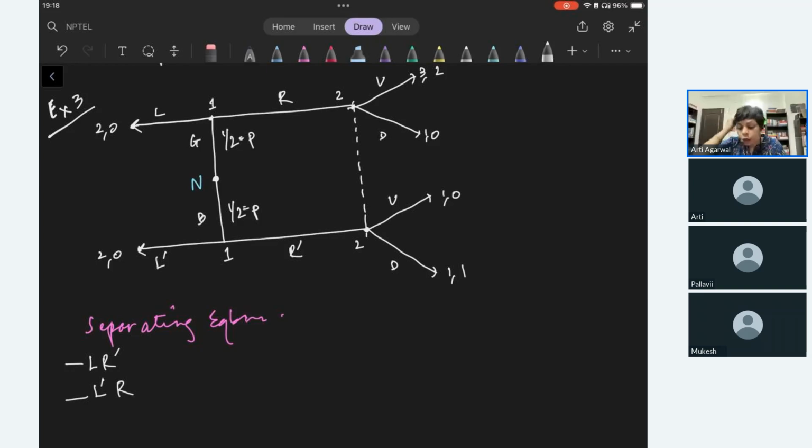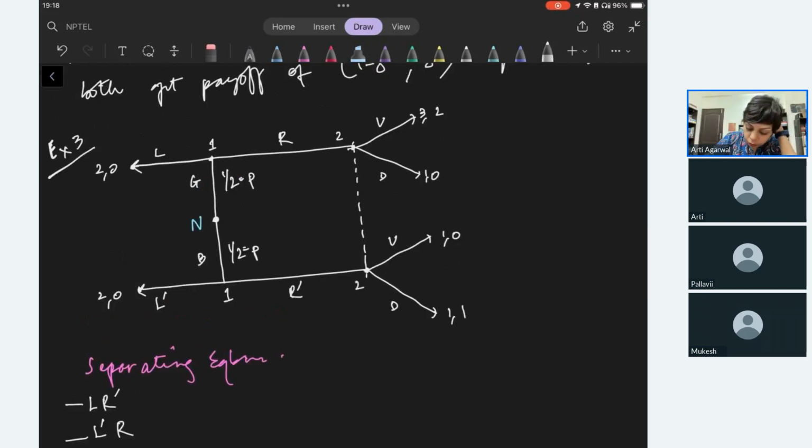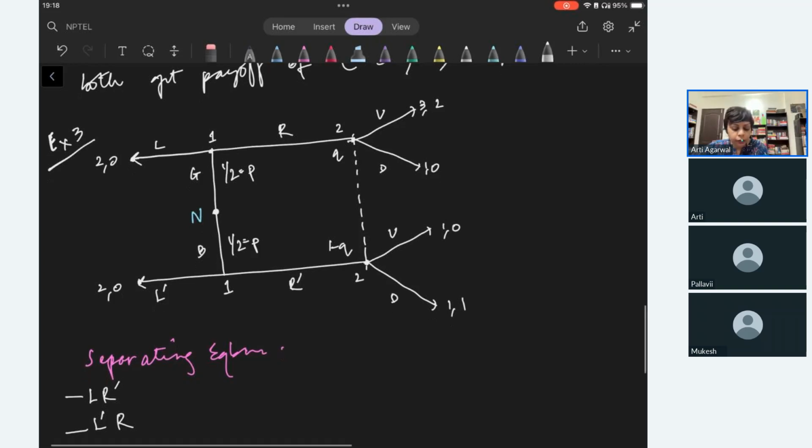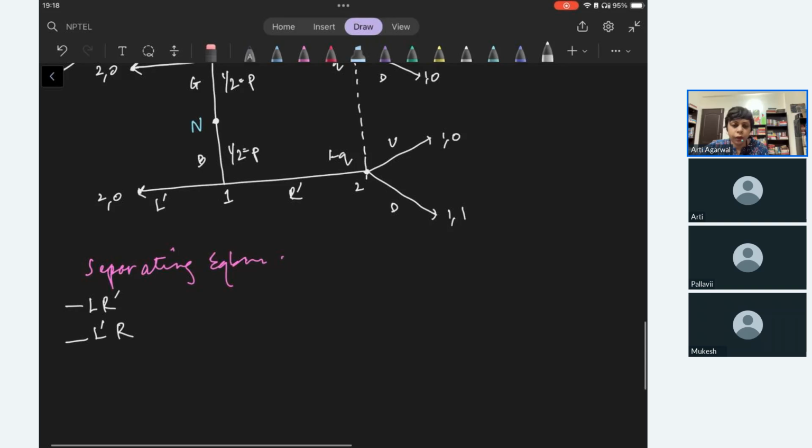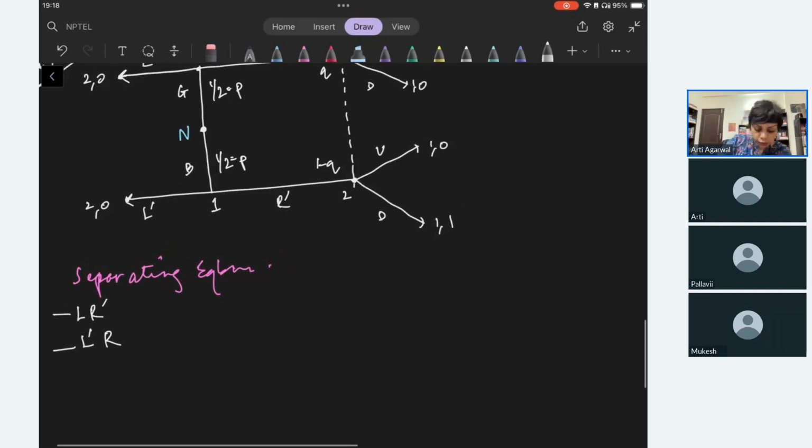Okay. So now we come to the belief of player 2. We are using a notation Q to define player 2's belief about which node has been reached. Now see, player 2 is in this dotted line space. Player 2 doesn't know which type the other player is, hence player 2 does not know if he has reached node R or if he's reached this node after player 1 has played R or R prime. But what happens in separating equilibrium is that in equilibrium, suppose we're talking about the first equilibrium,